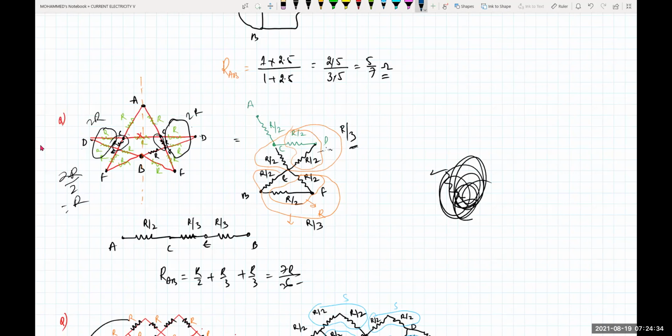Now see, again this one, you see, this BE and this BF, sorry, BF and here BF. These two are overlapping. So this is R, this is R, that will become R by 2. This R and this R, that is also overlapping. That will become again how much? R by 2 and R by 2, that will be equal to R. And that R will be in parallel with this R, this overlap, and this R are also overlapping, beta. So that will become R by 2. So again, this will be in which combination? Parallel, so R by 3.